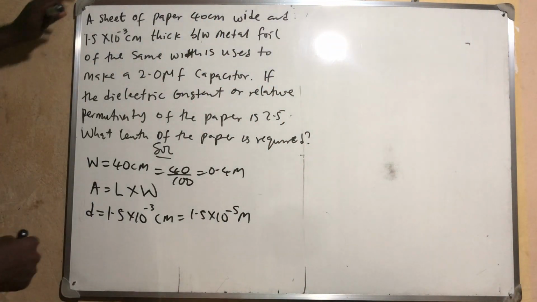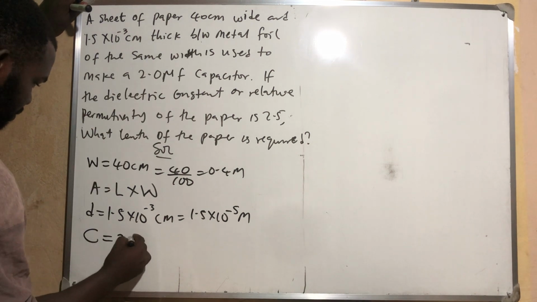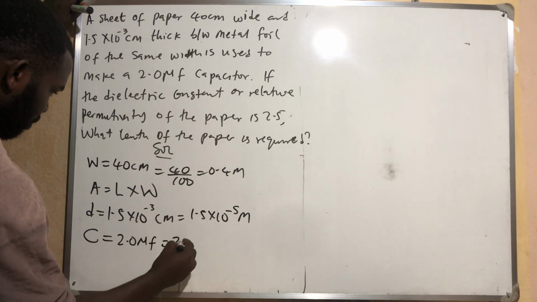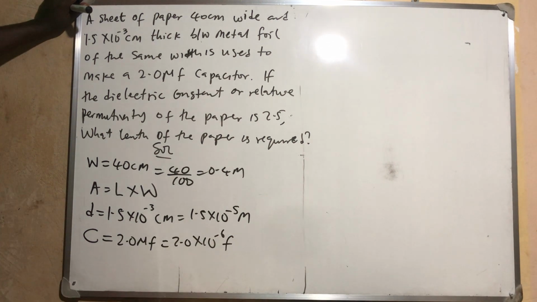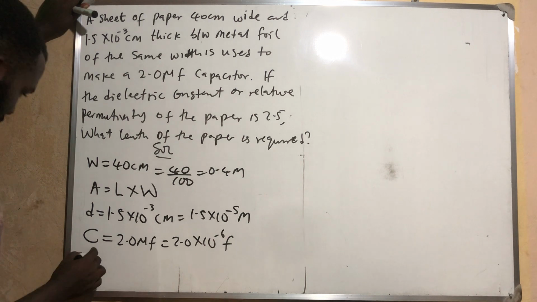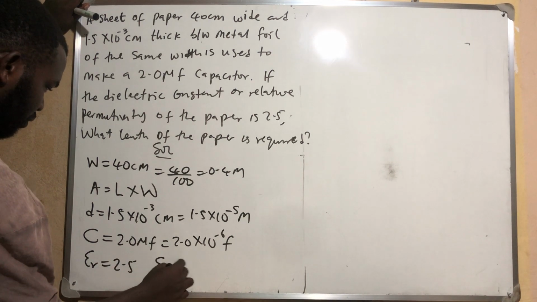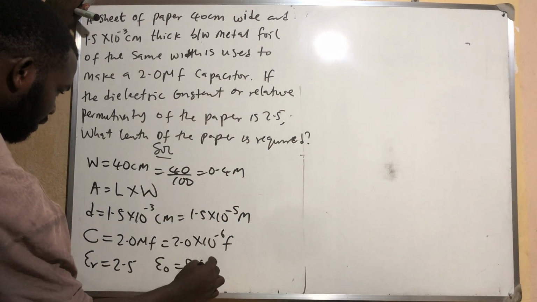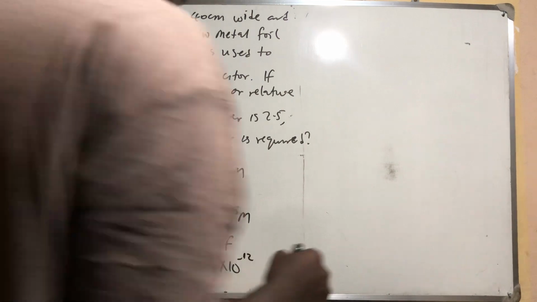So then the next one they gave me is 2.0 microfarad. That is the capacitance. The capacitance is 2.0 microfarad, which is 2.0 times 10 raised power minus 6 farad. Okay, so the next one they gave me is 2.5, and then I know my e naught must be equal to what? 8.85 times 10 raised power minus 12. All right, so now I know that